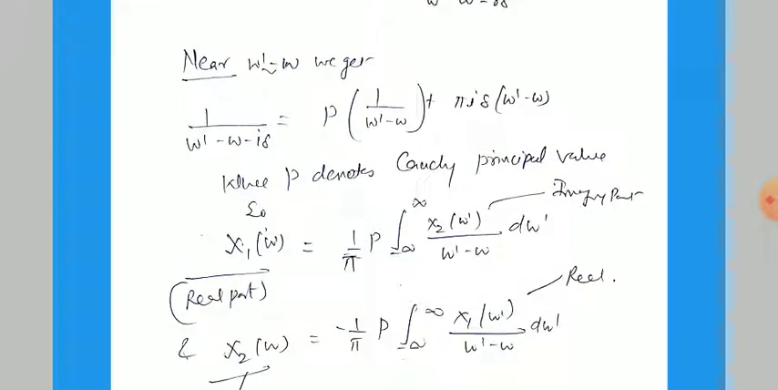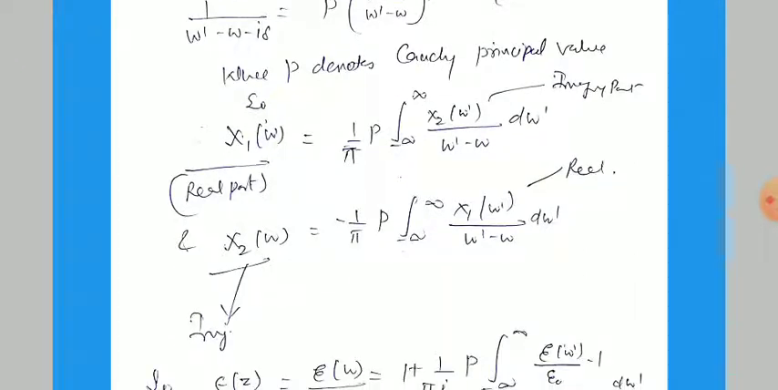So we can write χ1(ω) = (1/π) P ∫ from −∞ to +∞ of χ2(ω′) dω′ / (ω′ − ω), where χ2 is the imaginary part. So we see this is the correlation between the real part and the imaginary part. χ1 is for the real part and χ2 is for the imaginary part, and this is the correlation between these two. Similarly, the opposite: if we want to write the imaginary part in terms of the real part,